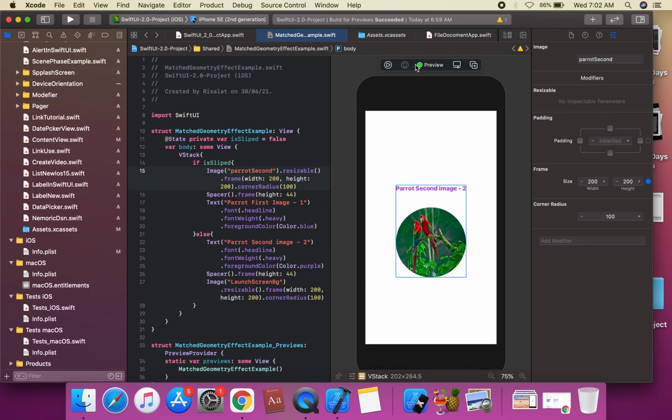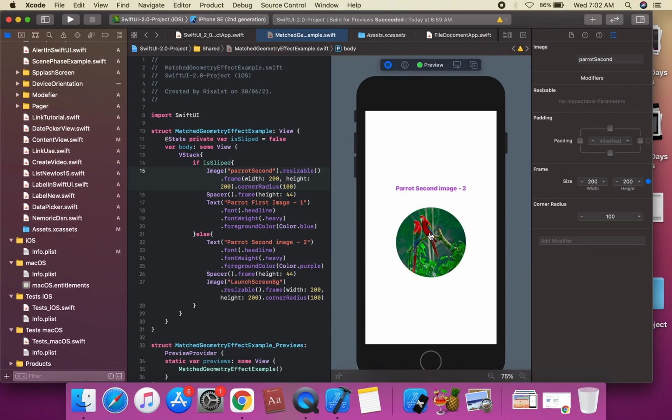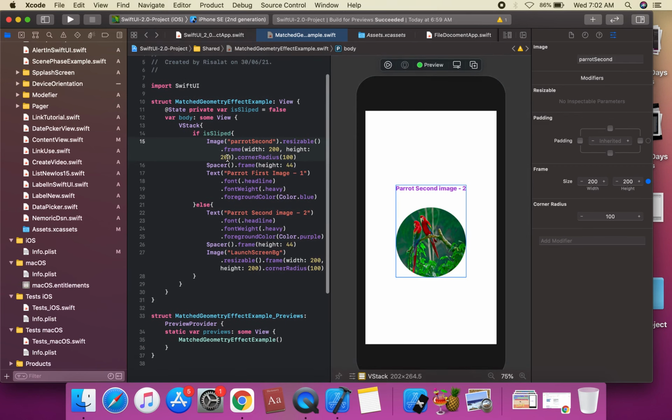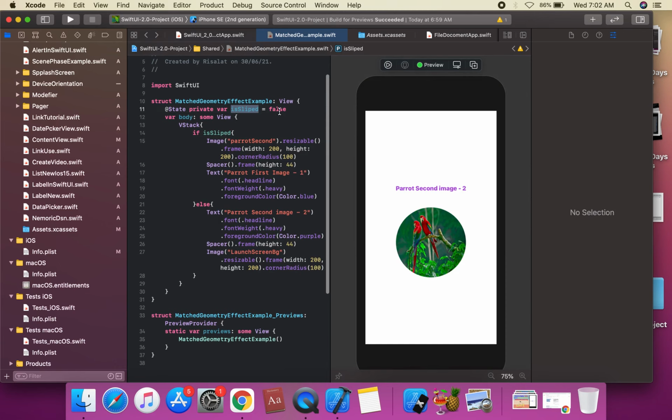And then we're going to run the project. This is the parrot second image. When isSleeved is true, the first statement is shown, and we can select the statement for the initial value.